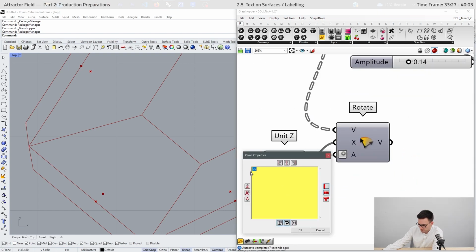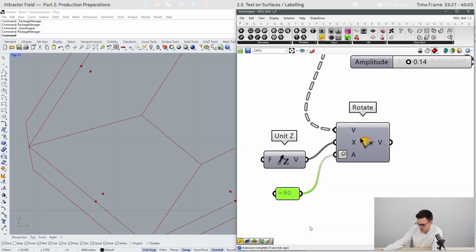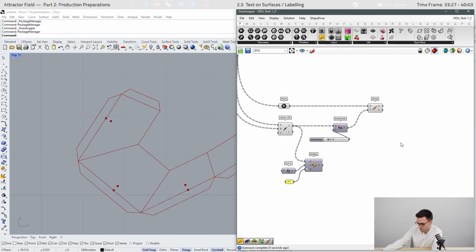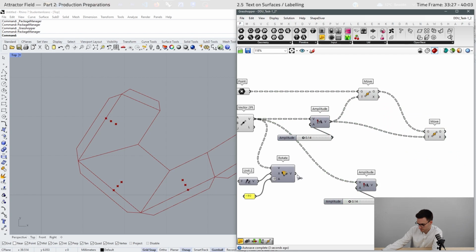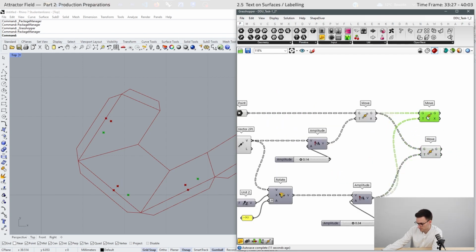Maybe it's minus 90. And then we can move this point again, connect the new point, and use also an amplitude component. I will do the same, but reverse this vector.